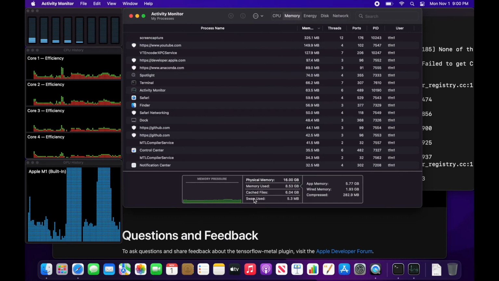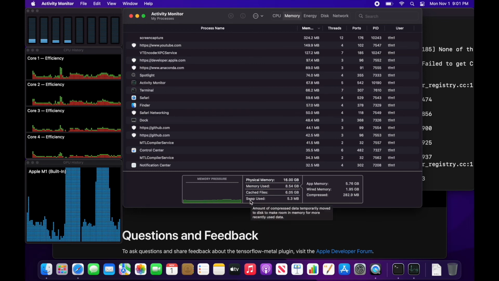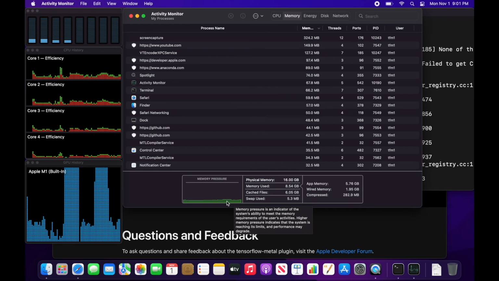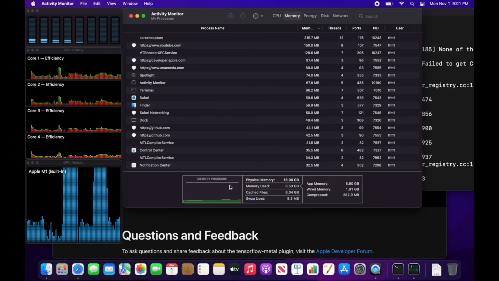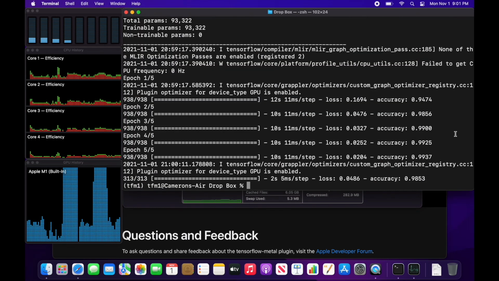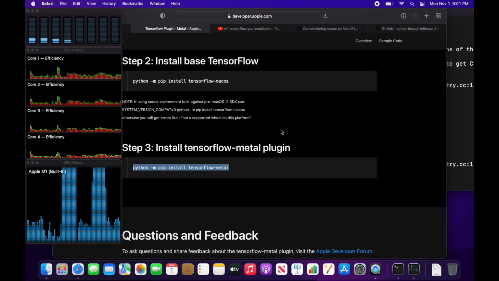Current memory pressure is really low. So yeah, the MNIST data set is not huge, so I wasn't expecting it to have a lot of pressure. But anyway, that's that. So in summary, the steps for installing